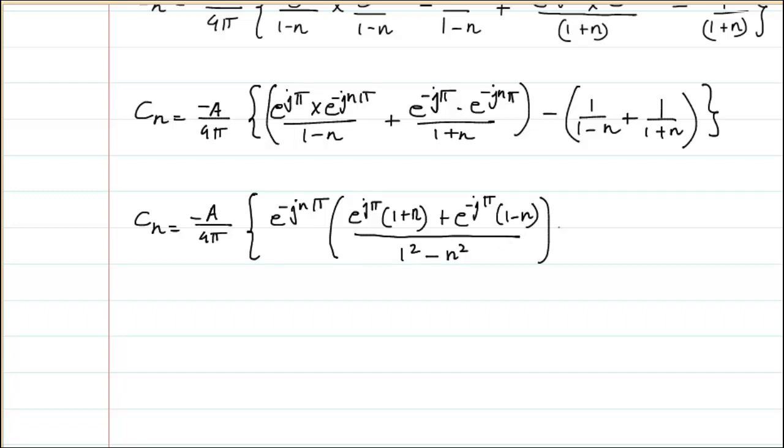And similarly here I can write minus 1 plus n plus 1 minus n divided by 1 square minus n square,